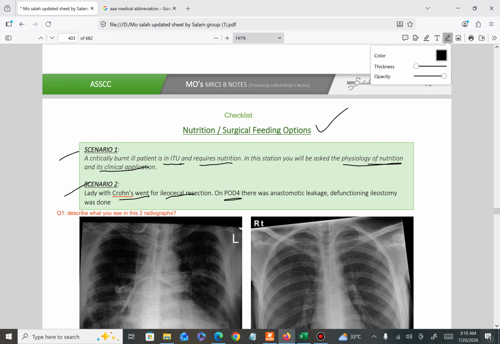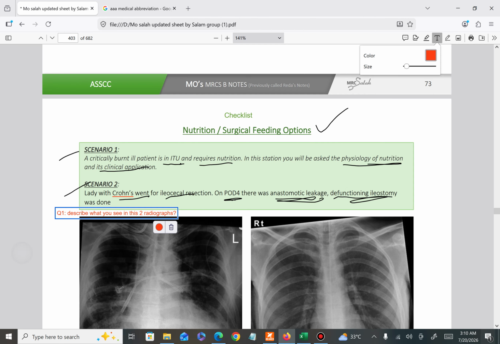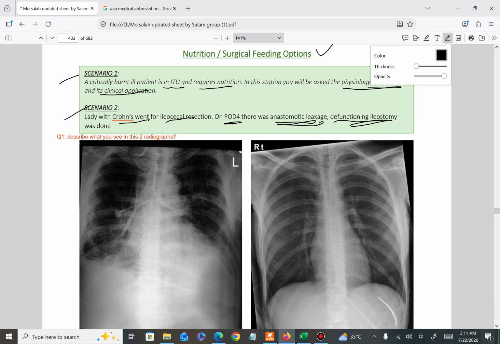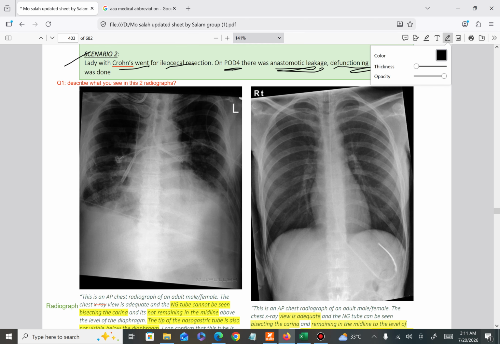On post-op day 4, there was an anastomotic leak. Defunctioning ileostomy was done. Okay. Then the question is